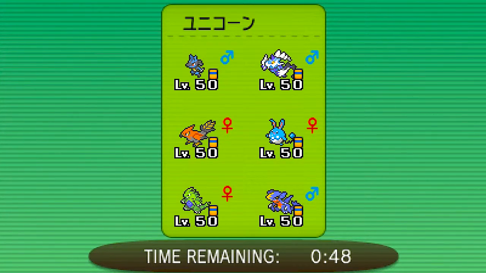Maybe I should bring a non-Mega Aerodactyl. Honestly, non-Mega Aerodactyl kinda does best here. Staraptor does okay. Yeah, I'll rock out with Staraptor. I'll lead Staraptor. The reason that I'm leading Staraptor is because I'm kind of hard reading that